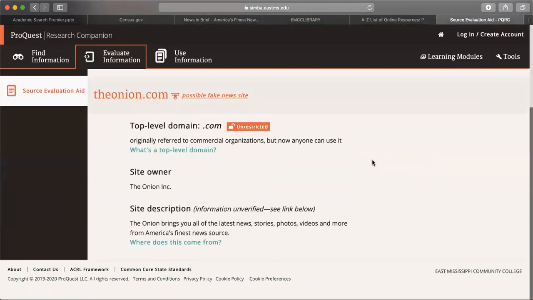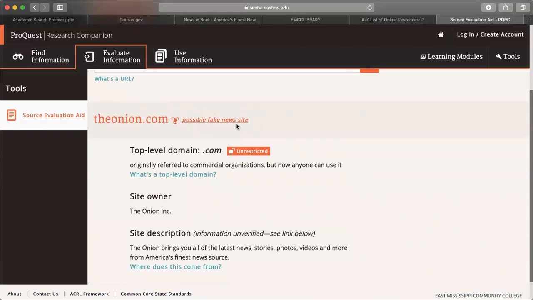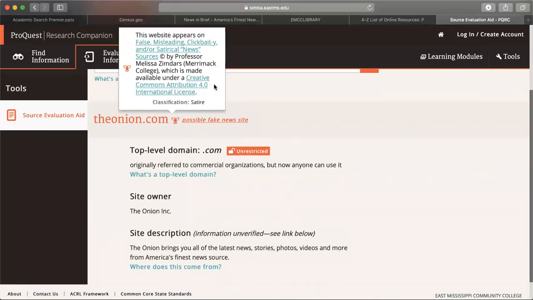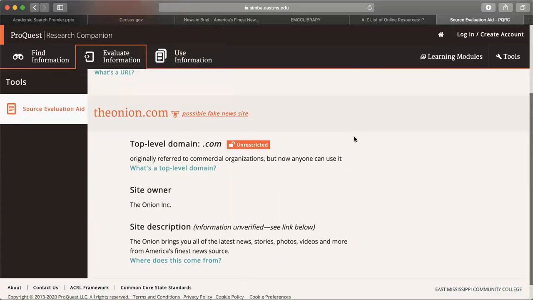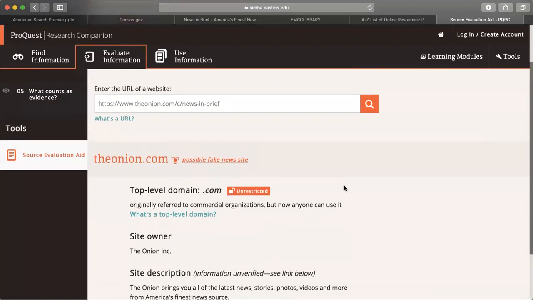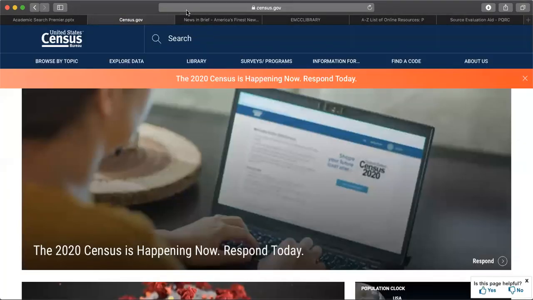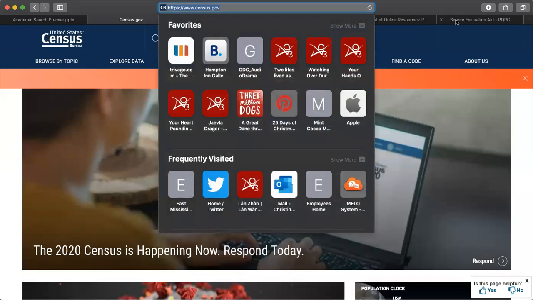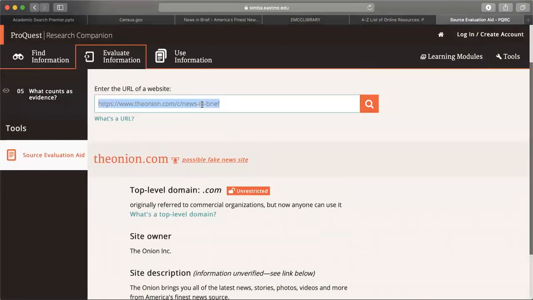All right, so the first thing you'll notice once you've put it in is that it is designated a possible fake news site. So ProQuest wants you to be aware, it also tells you why it's considered a possible fake news site. And then it goes into, like, it's a .com, which means it's unrestricted. This is the owner, and here's a brief description of the site. So that's how The Onion would look,